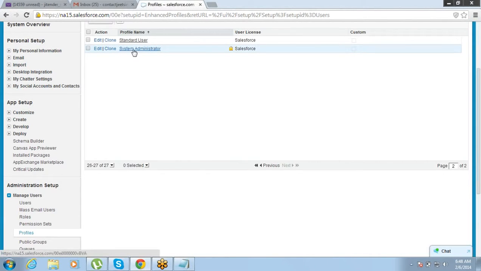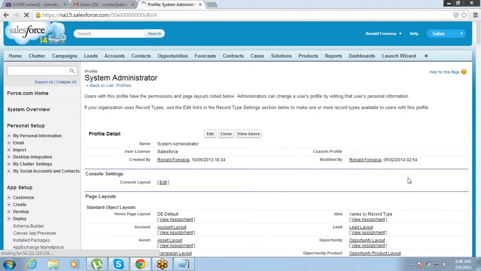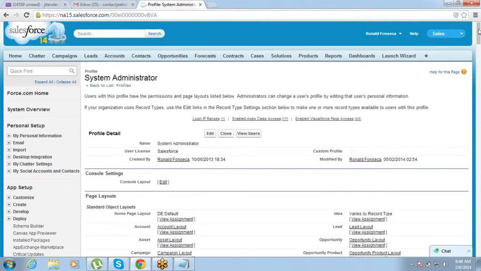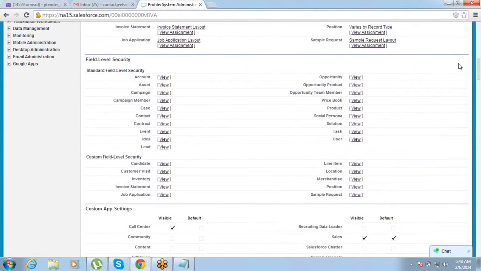Setup, manage user profile. So just go to that particular profile for which you want to change this, and on that you will have, if you scroll down a little, don't click on the edit button. Without clicking on the edit button, if you scroll down a little, you will find field level security.